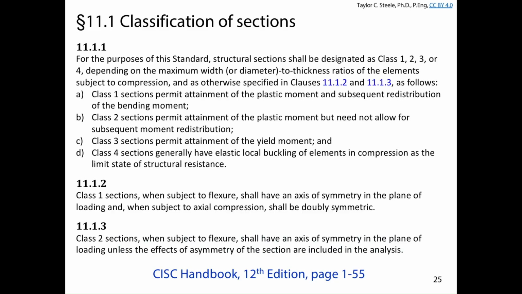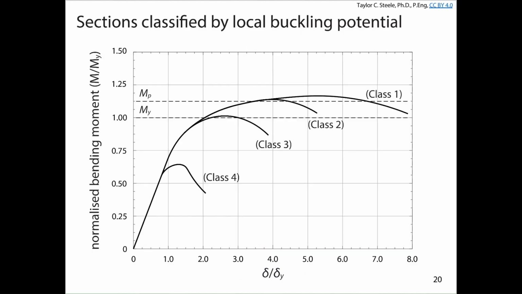Class 2 sections, we can get there, but we cannot sustain it for very long. Class 3 sections can achieve the yield moment, and class 4 sections will have elastic local buckling before we get to the yield moment. Okay, so the most important things for us to take away are the differences between class 1, 2, 3, and 4, and that's what this plot is generally showing in terms of the achievement of those moment resistances